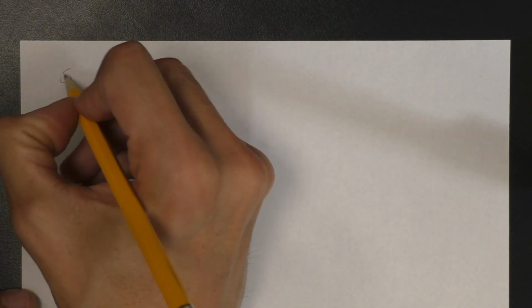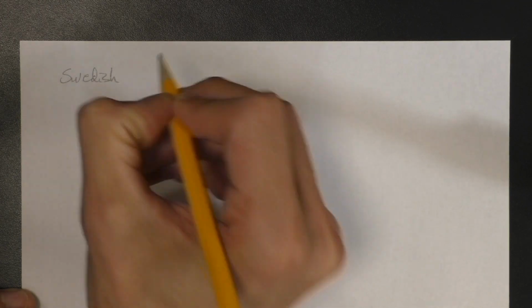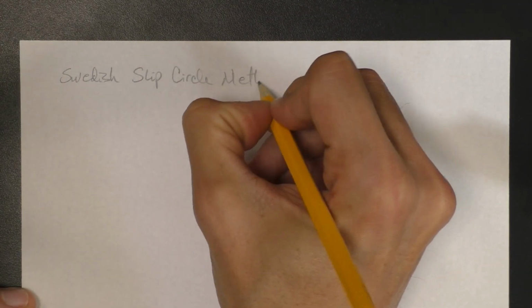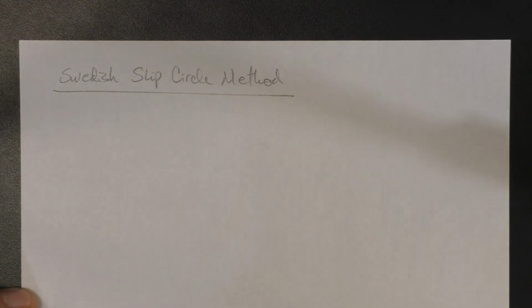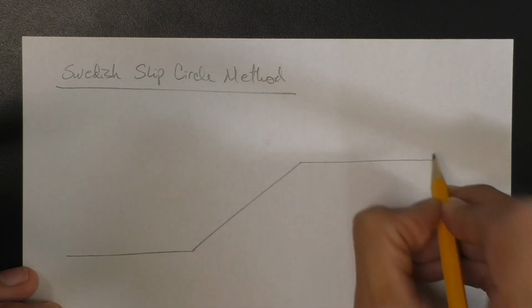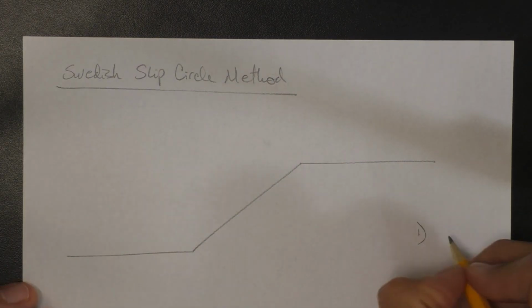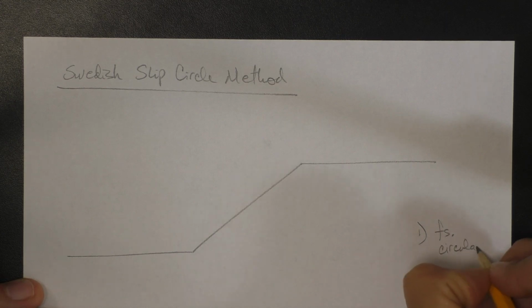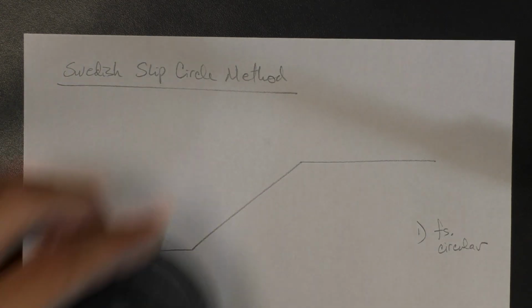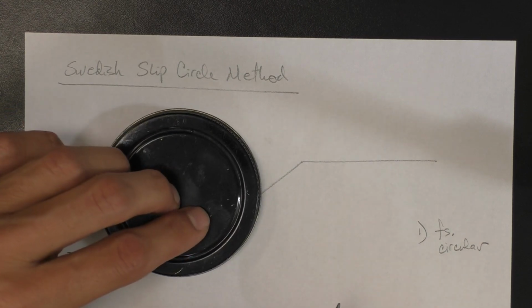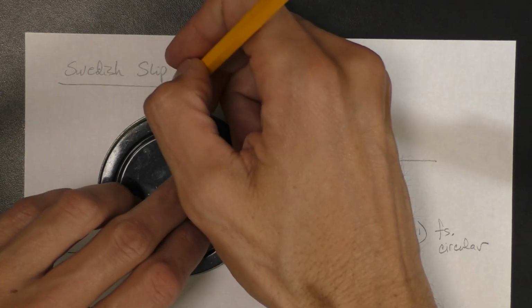We're going to describe and do an example using the Swedish Slip Circle Method. In this method, there are various assumptions. The first one is that the failure surface is circular. So we can, for example, take a circular object right here and